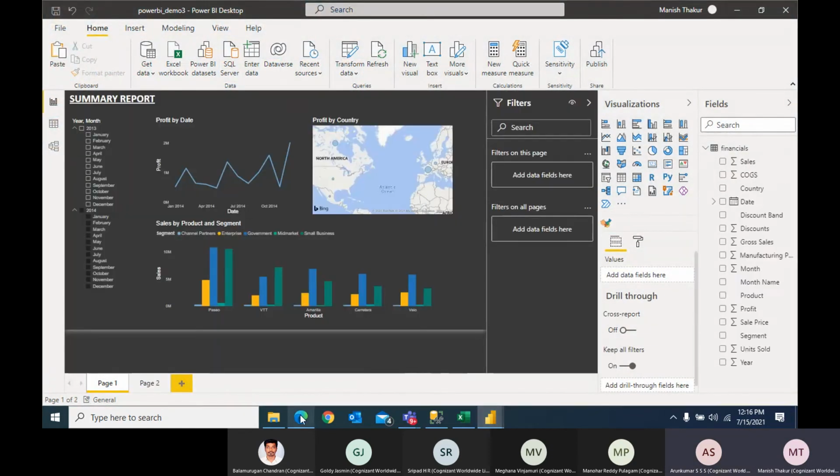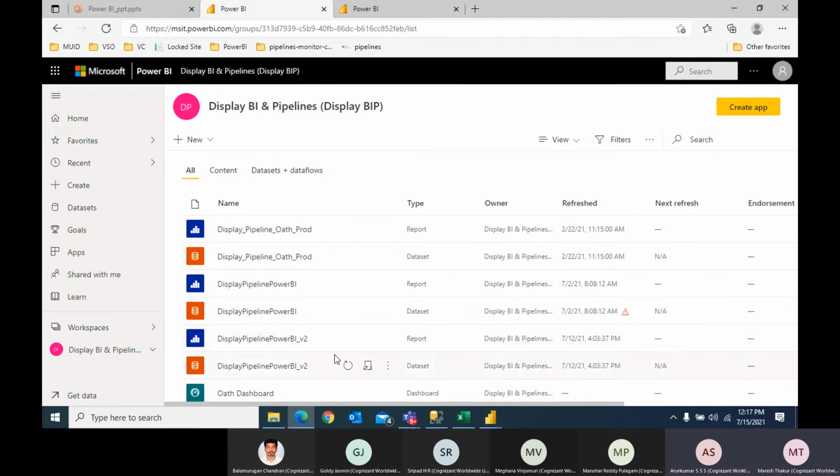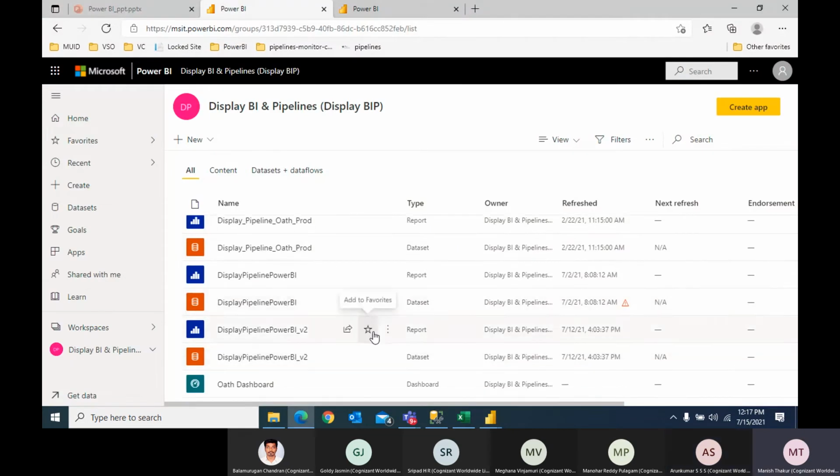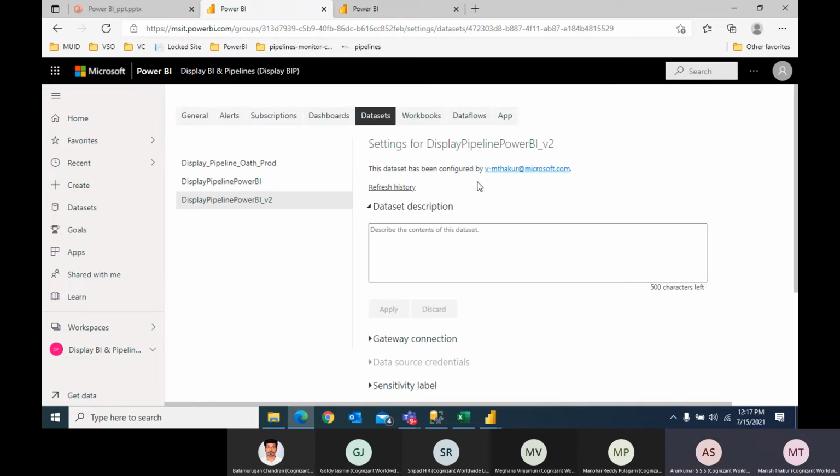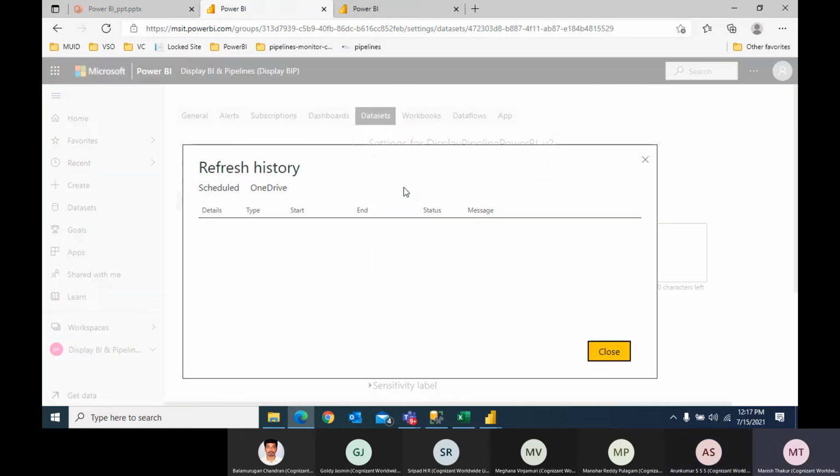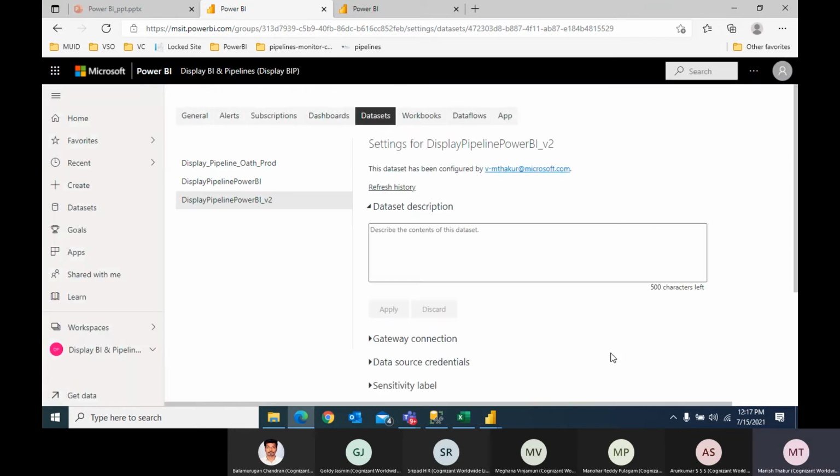Okay. And regarding the refresh, I'll just show you. This was the old dataset that we were using, and this is the latest one which I have uploaded here. You can see the refresh history. No, it is not showing.